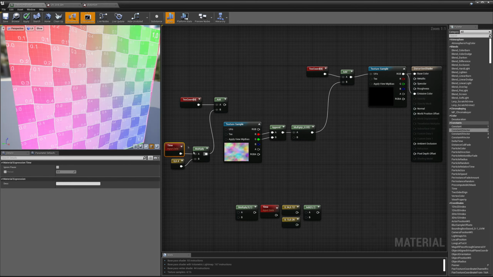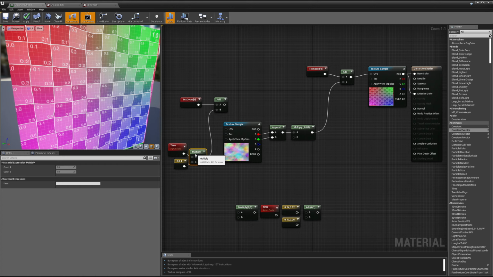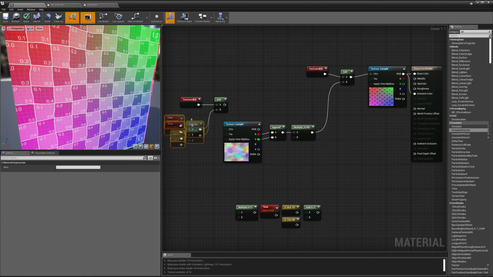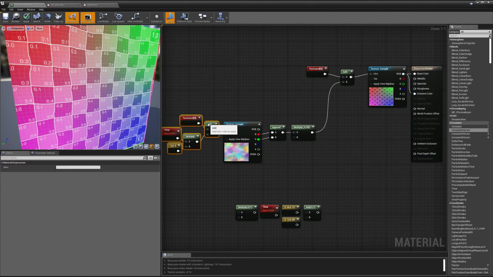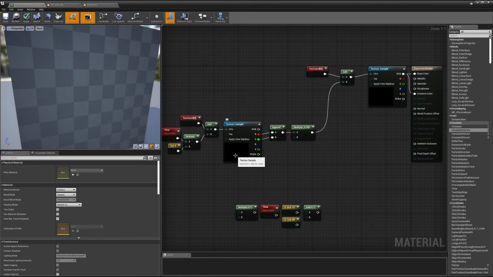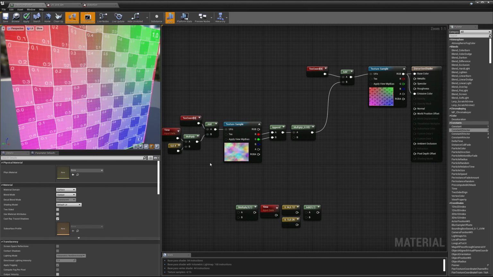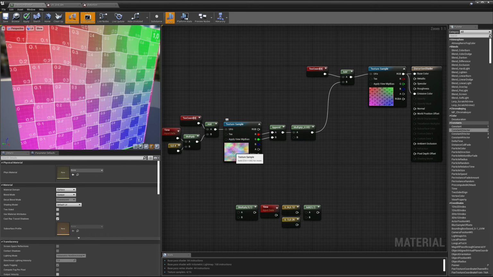And I like to keep my nodes kind of compressed or close together. Some people like to spread these nodes out a little bit, but my style is to kind of keep them close together without overlapping, but just kind of grouped up nicely like this. Okay, now I'm going to wire this directly into our noise texture, and what this is doing is it's scrolling the distortion texture. Actually,